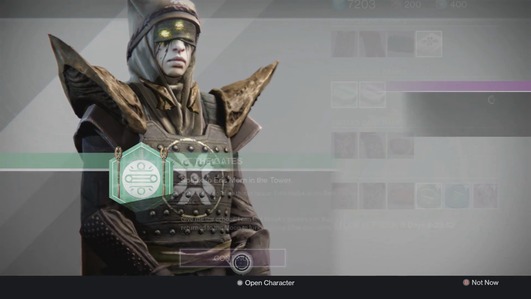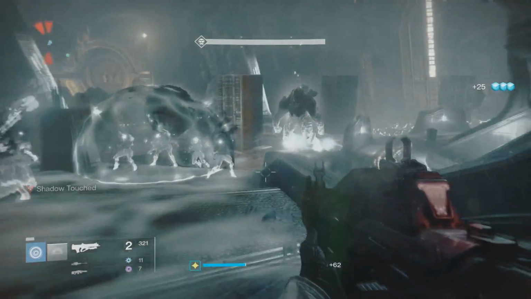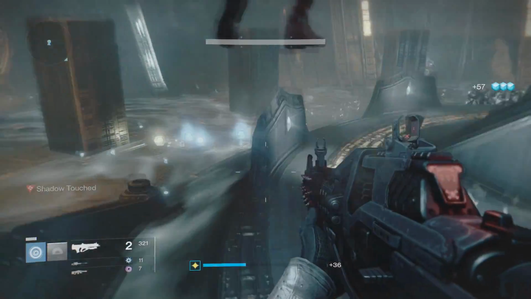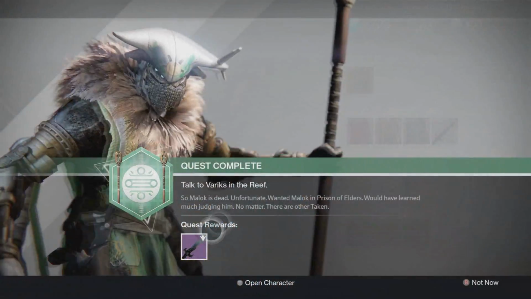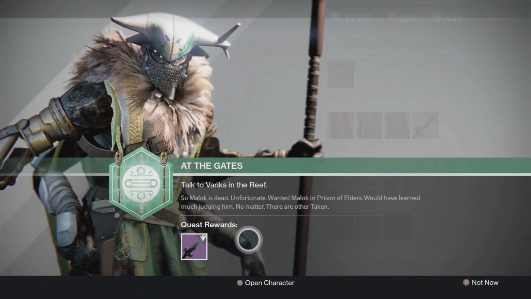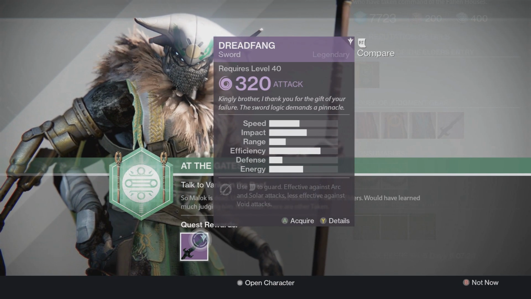Then you'll have to go talk to Eris about this material, and then she'll send you off on a whirlwind adventure to defeat Malok on the new Blighted Chalice strike. Then, once you have completed that strike, voila, you just head back to the reef, and he gives you the Dreadfang sword, which I have to say is a sweet looking taken sword, and it does have void damage